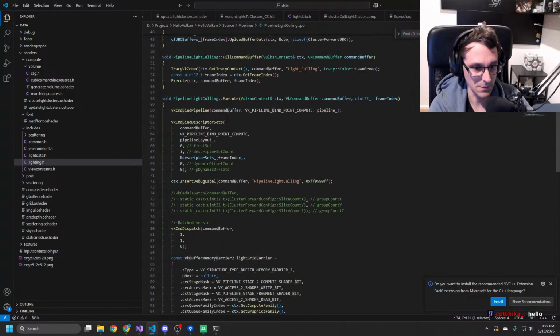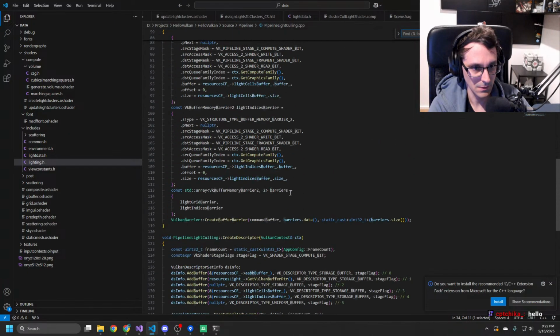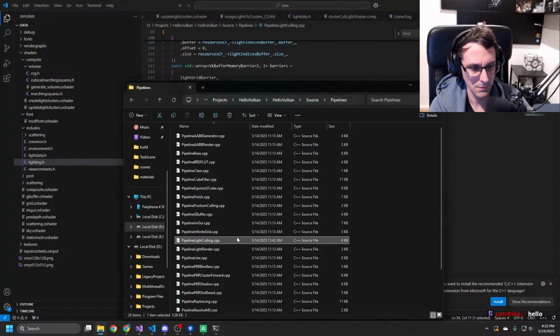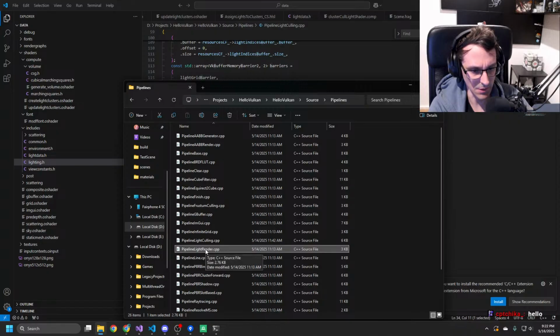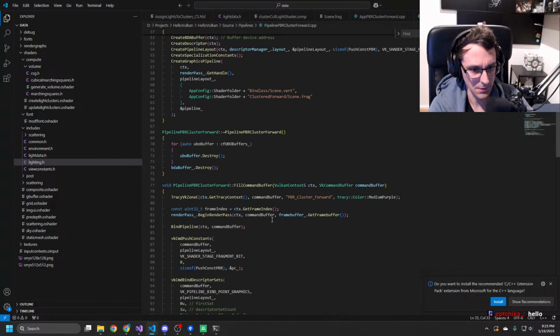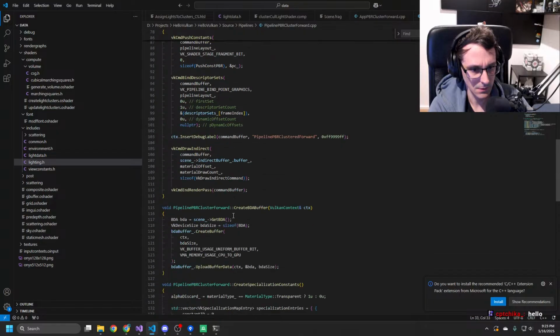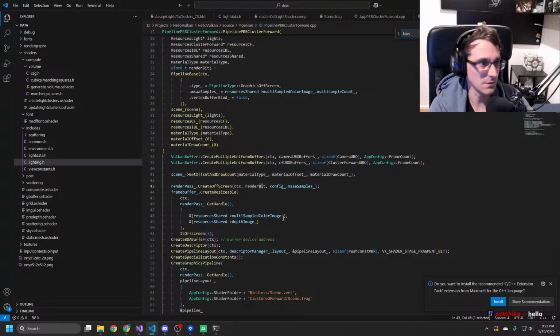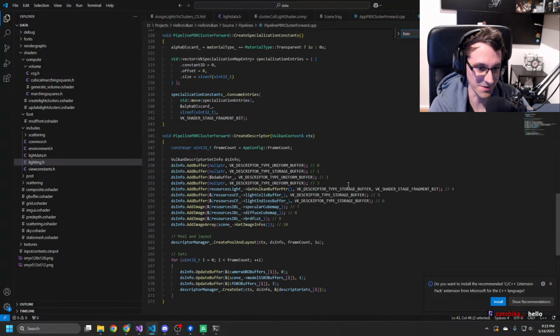Okay, maybe not. Pipeline light render maybe? PBR clustered forward probably. Scale? Bias? No. God damn it.